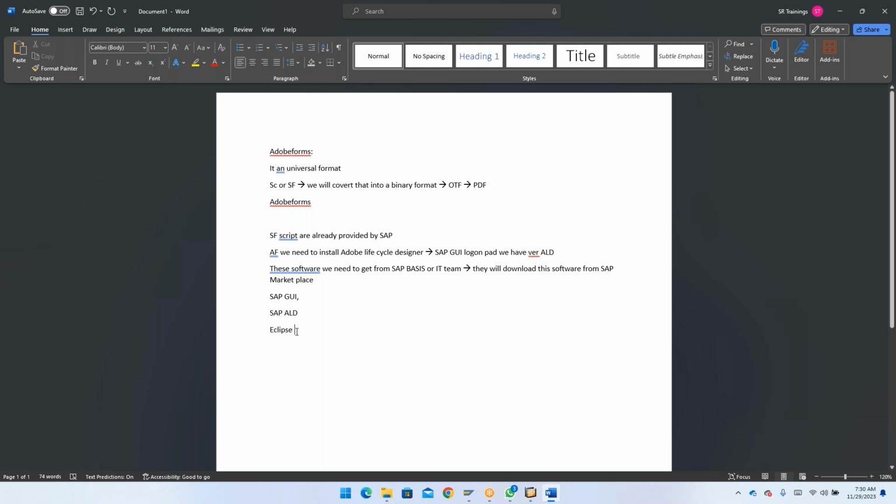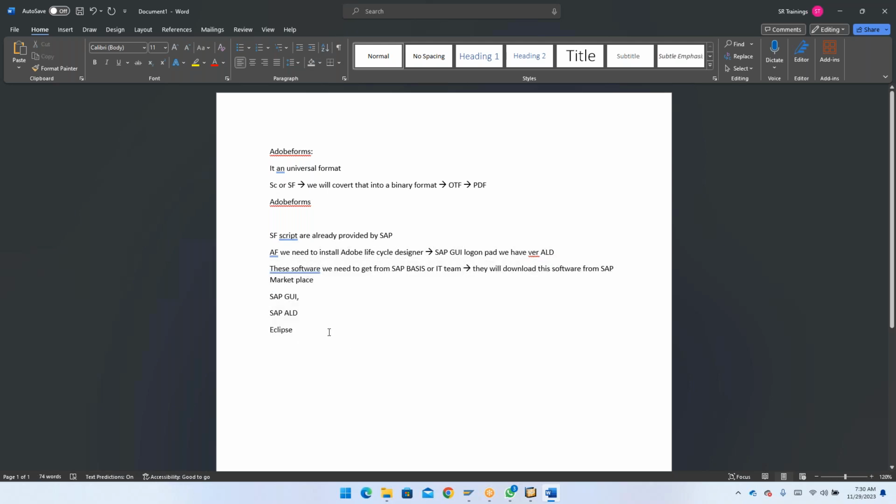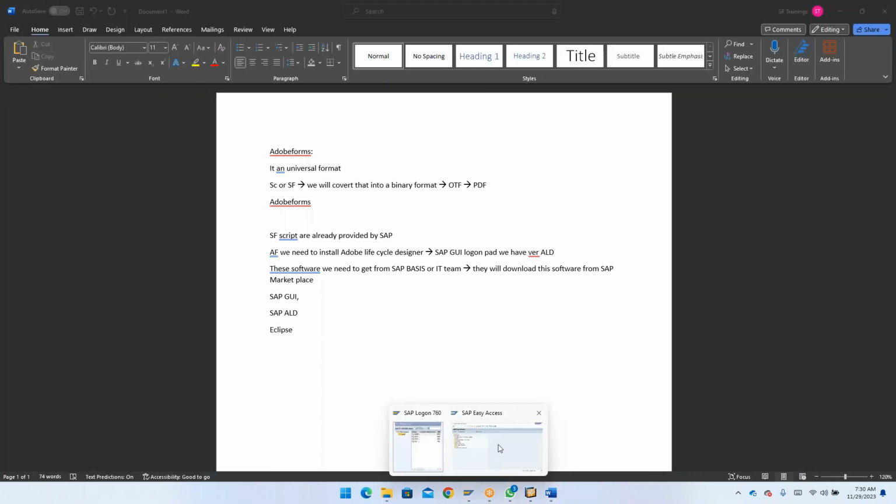But as per our ABAP right now, these are the three software which we are using, and we need to install these software in your laptop without failure. So these are the things. Now, next, coming back. So once we install this,